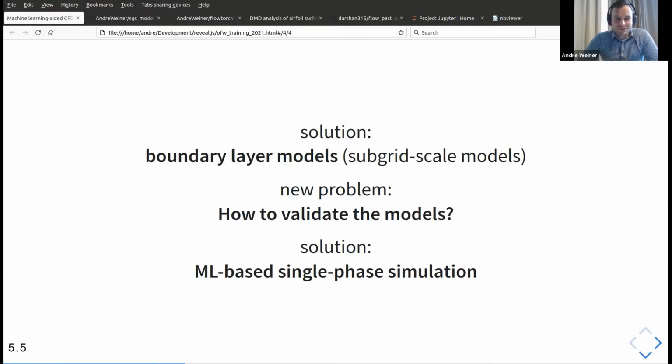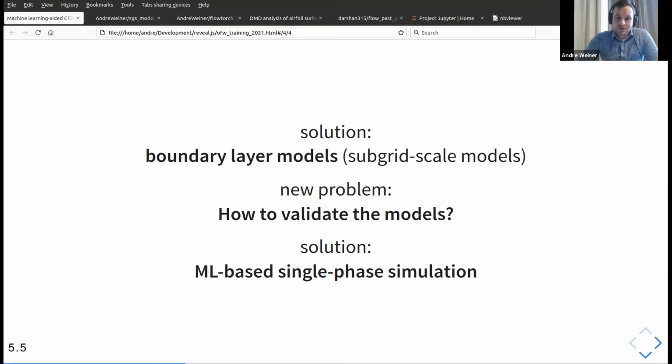So I will stick to boundary layer modeling in this talk. Those models effectively mitigate this high Schmidt number problem. But here, I don't want to talk about the boundary layer models themselves, but rather about the question of how to